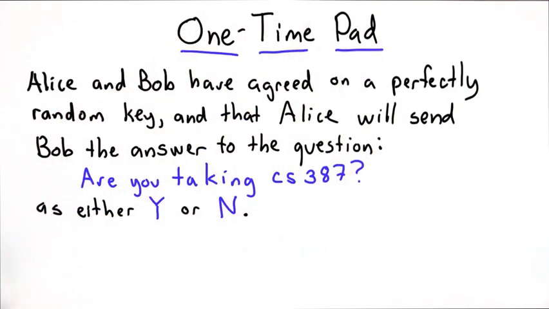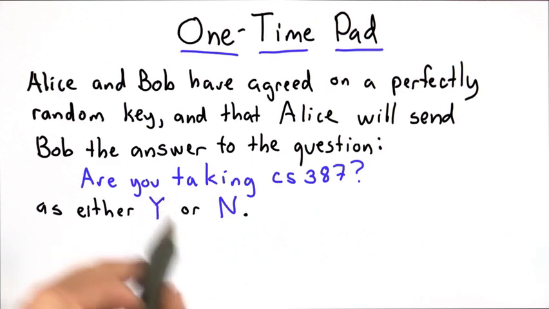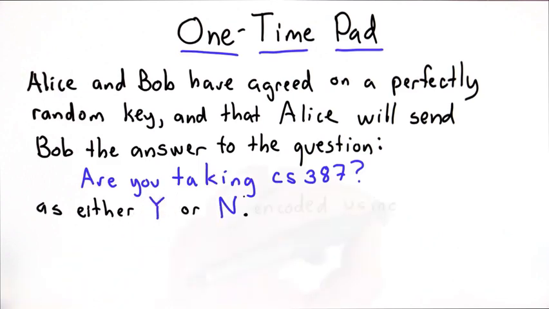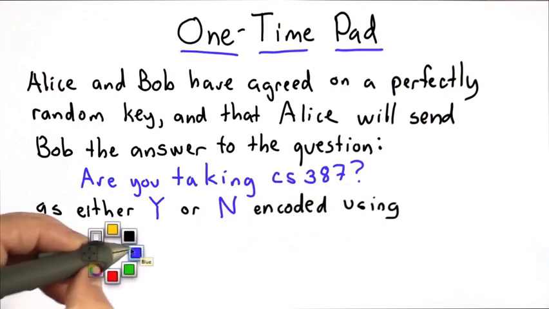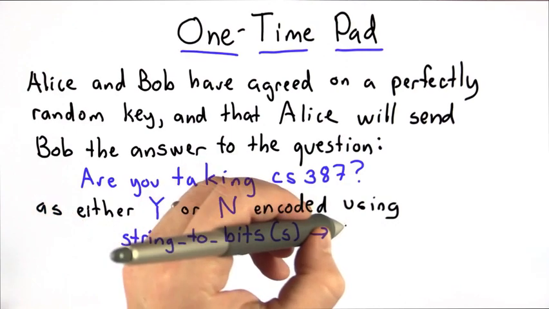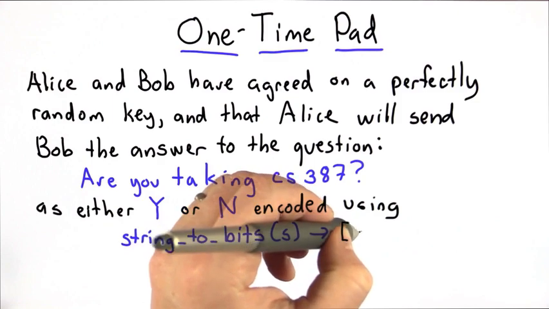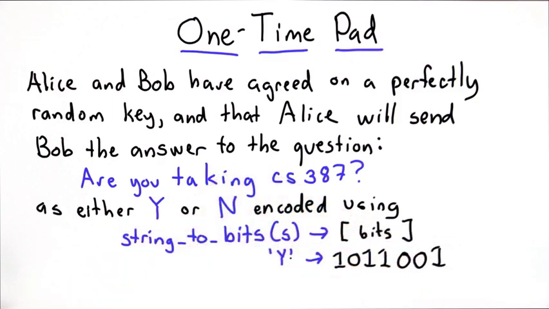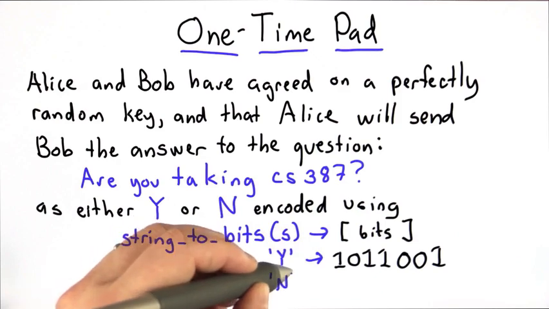The next question checks that you understand one-time pads. So Alice and Bob have agreed on a perfectly random key, and Alice will send Bob the answer to the question, are you taking CS387, as either the single character Y or the single character N. This will be encoded using the string to bits procedure, which takes in a string and gives you a list of bits. And the result of string to bits Y is 1011001, and the result for N is